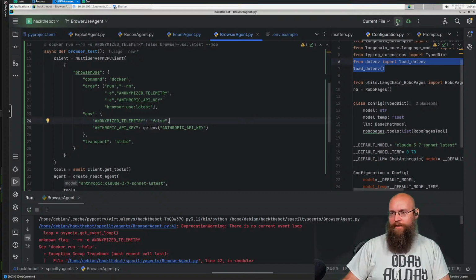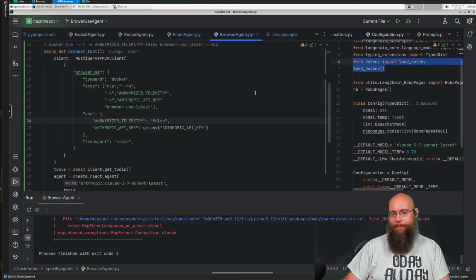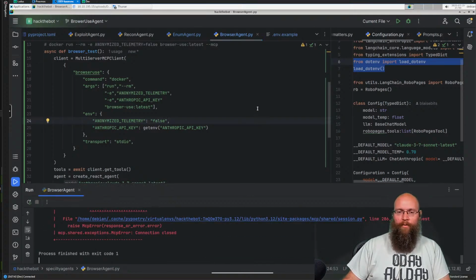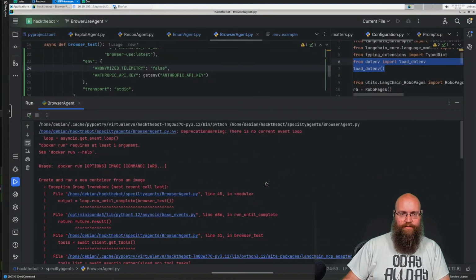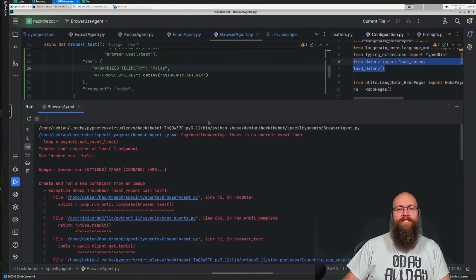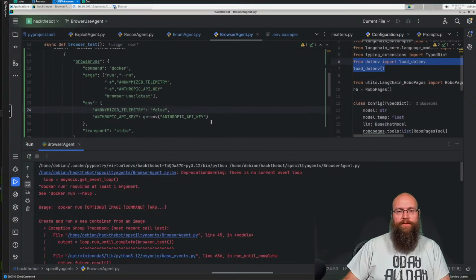All right, let's try running this. Let's see what happens here. Rip-a-roni. What do we got? Docker run requires at least one argument. I gave you an argument, you turd. So our command is Docker.